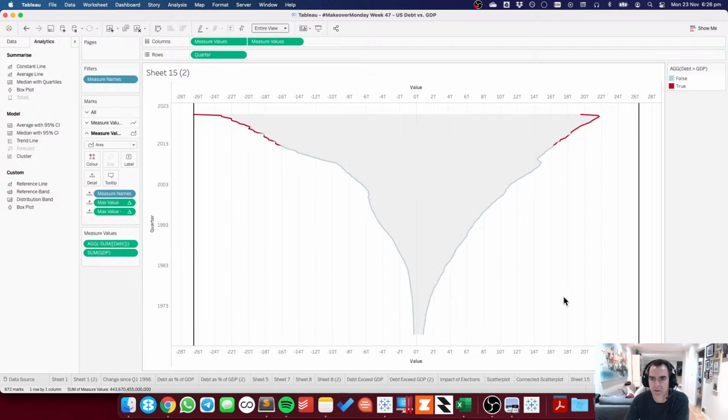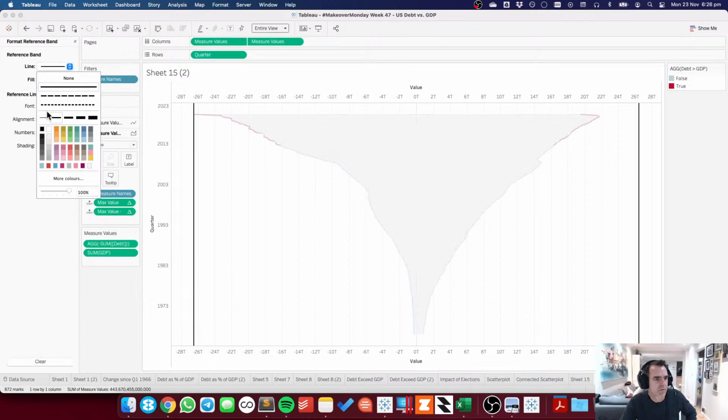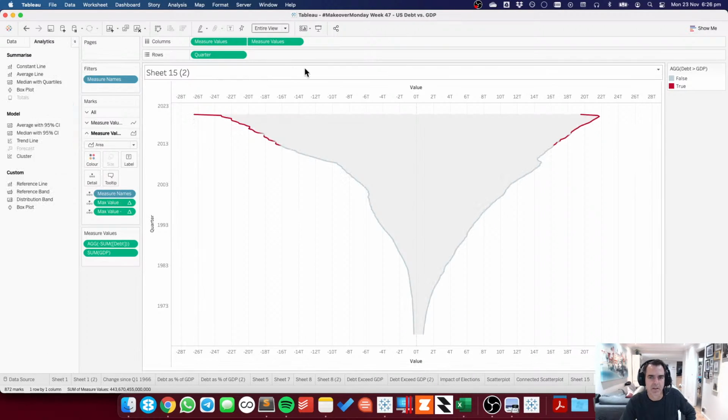So you can see here what it's done is it's put the reference lines at the same spots on either side. So I'm taking the biggest value in the view and making sure that so now if you look at the axis across the top, 0 is split right in the middle. So let me format that. I'm going to make it a really thin line and go like that. Now you can't really see it, so it's kind of hidden.